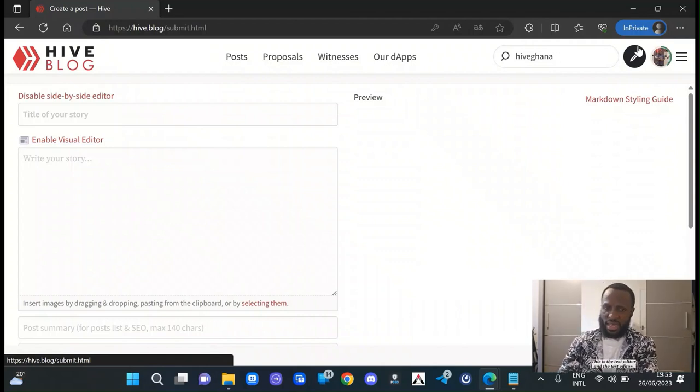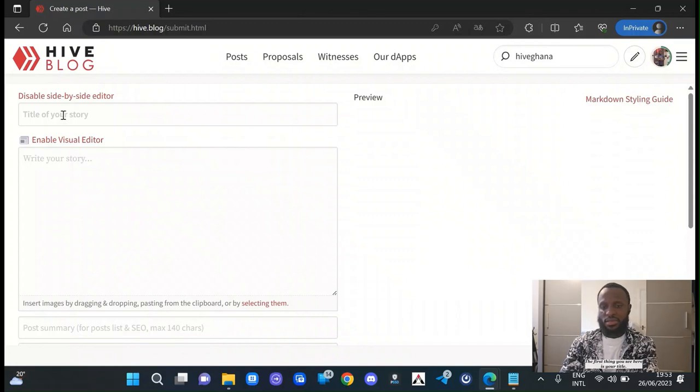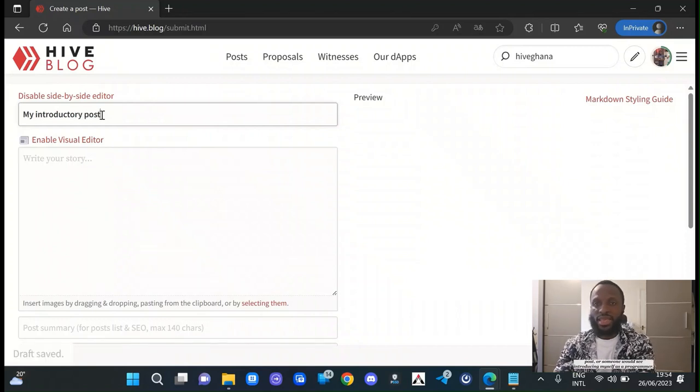Now on the text editor, the first thing you see here is your title. So here you write the title of your post. In your subsequent ones, if you want to make any article, just go ahead and give your article a title. But in this instance where we are making introductory posts, we are introducing ourselves for the first time to the Hive blockchain, I would suggest we put a topic or a heading like my introductory post. Or someone will say introducing myself as a programmer, introducing myself as a baker, introducing myself as